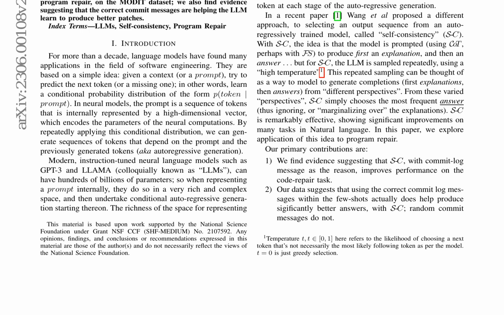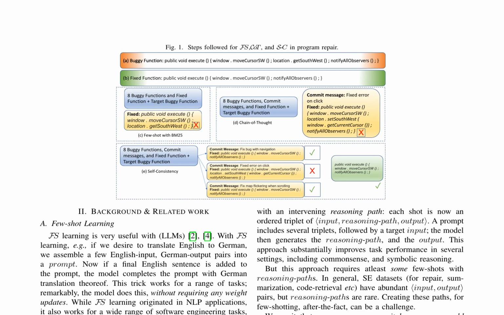The paper first introduces the concept of LLMs and their applications in software engineering, highlighting their ability to generate sequences of tokens based on a given prompt. It then discusses the few-shot learning and chain-of-thought approaches, which involve providing examples or reasons connecting input and output pairs to guide the LLM's generation. The self-consistency approach is presented as a more effective method, which involves sampling multiple explanation-solution pairs and selecting the